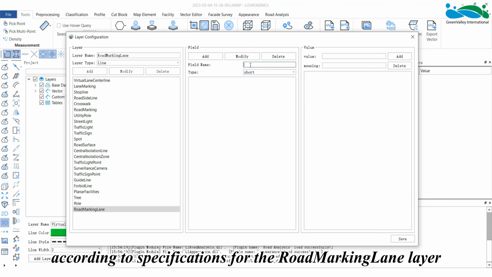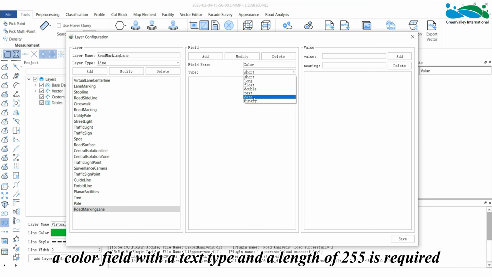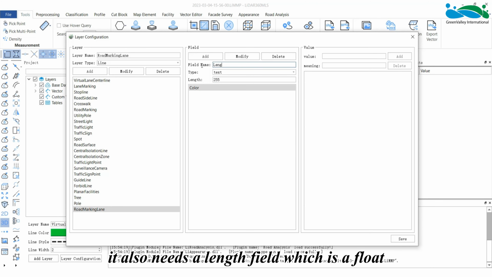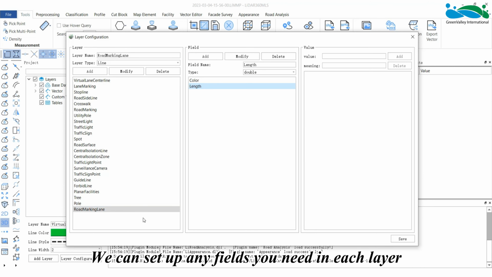For example, according to specifications, the road marking lane layer requires a color field with a text type and a length of 255. Additionally, it also needs a length field, which is a float, and so on. We can set up any fields you need in each layer.